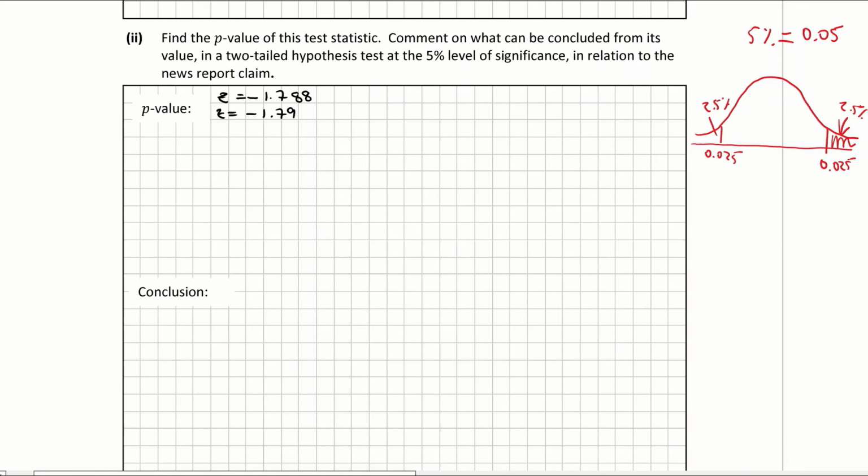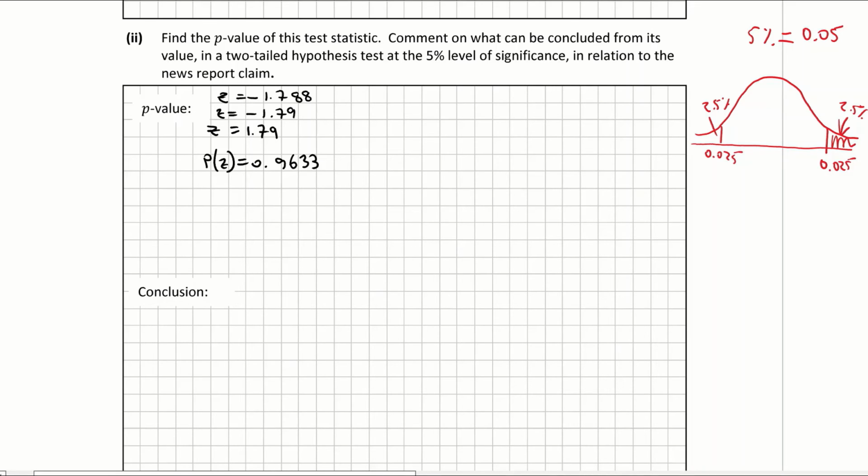And if I look that up in my log tables, again, it only does positive. So I'm going to find the probability of 1.79. So I'm looking up a z-score of positive 1.79, which gives me the probability of 0.9633. And again, let's take that away from 1, because we are not looking for positive 1.79, we're